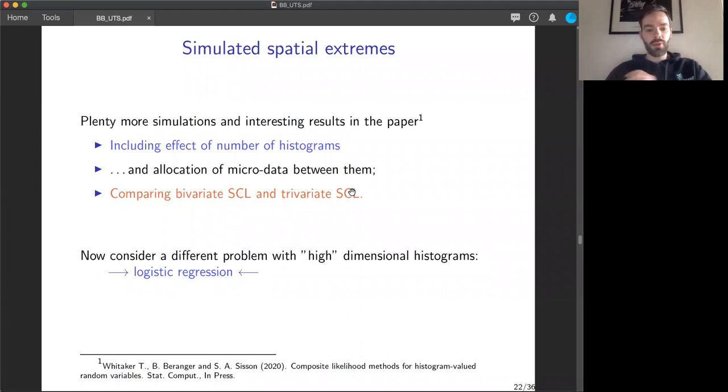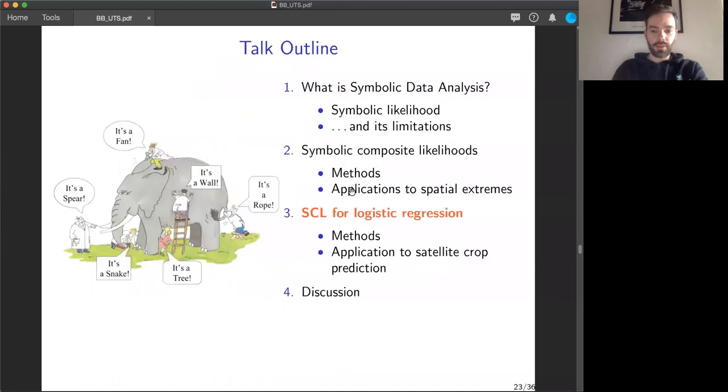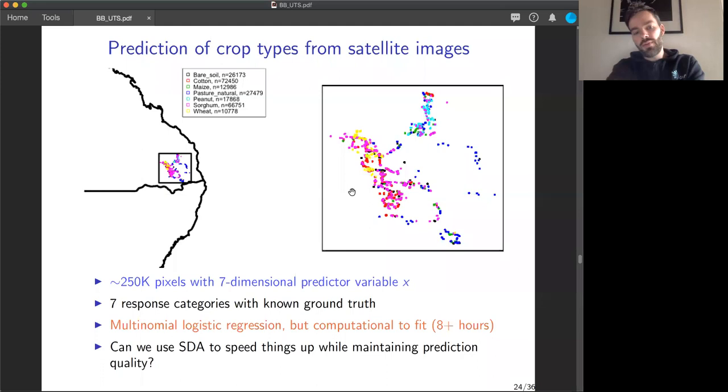Now I'll focus on a second problem for high-dimensional histograms, which is logistic regression. Again, some motivating example. We got some data from colleagues at QUT that is represented here. It's satellite data. We have about 250,000 pixels in Queensland, representing different crop types. We have 7 response categories, from bare soil, in black, to wheat, in yellow, with